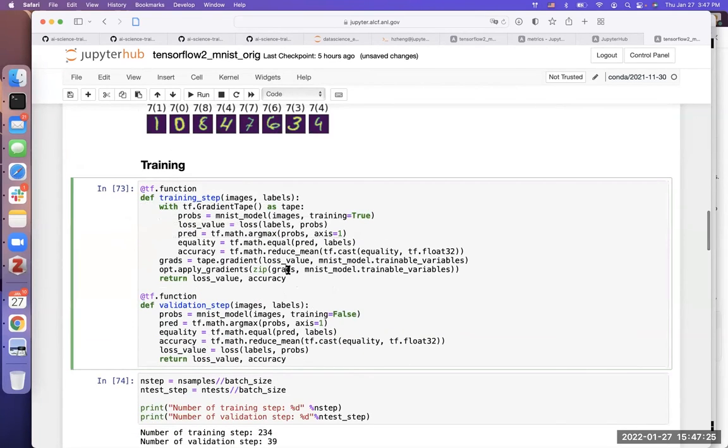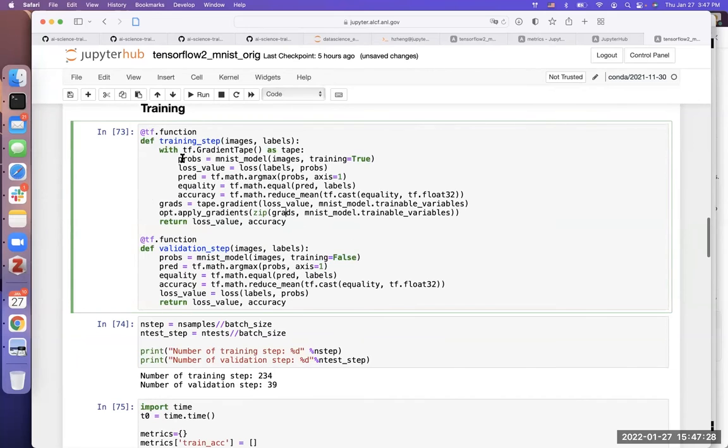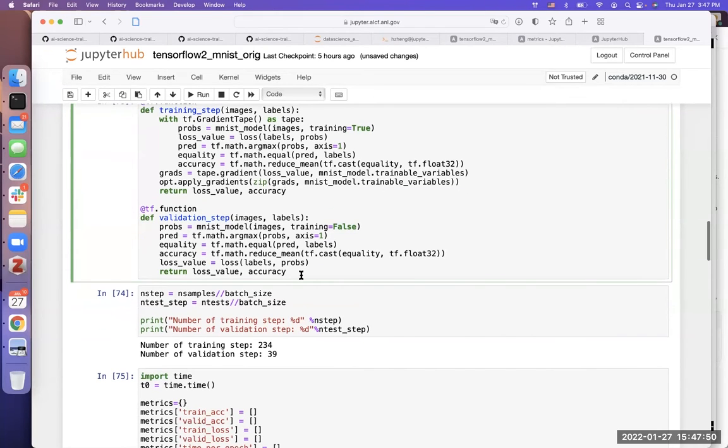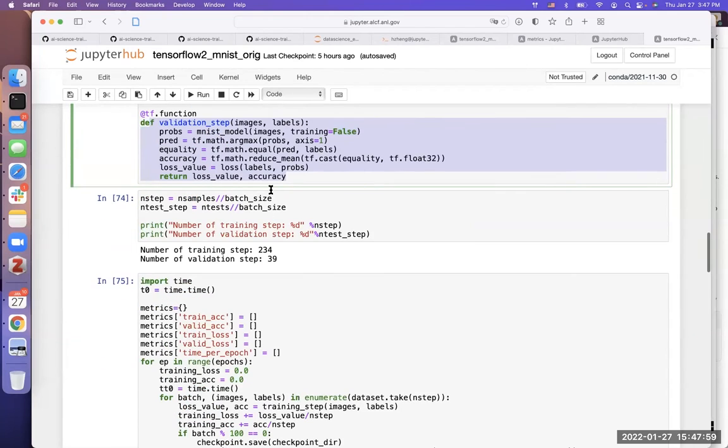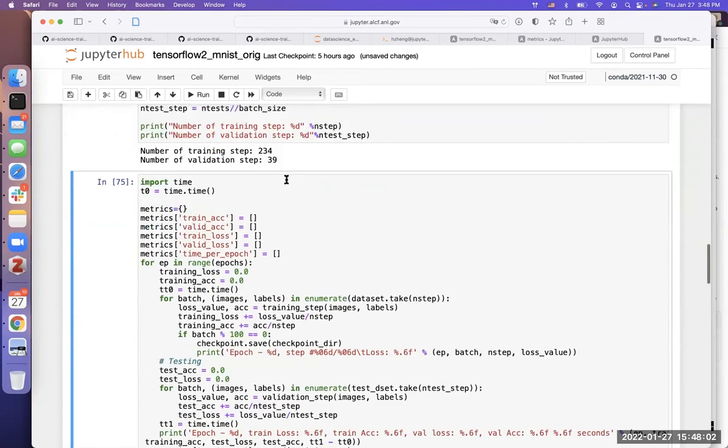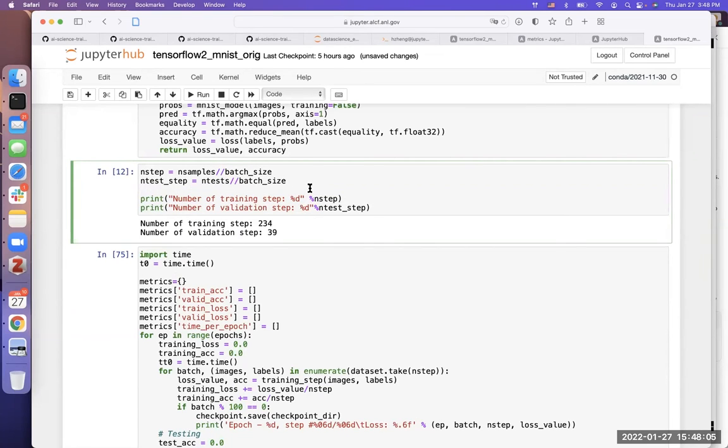the prediction is not correct. And then we train the model. We define the training step, right? Each step just calculates the probability, calculates the loss and accuracy, and then applies the gradient. Once we have loss and gradient, we can go back and update all the weights, right? And then in the validation, we just calculate the total loss and accuracy with respect to the validation data set, right? This is just defining two functions. Okay, and then